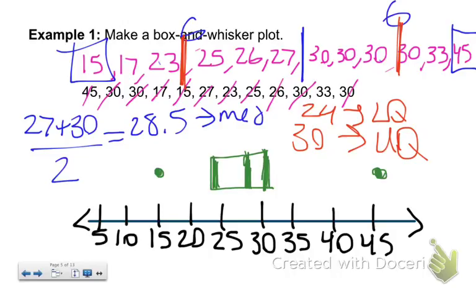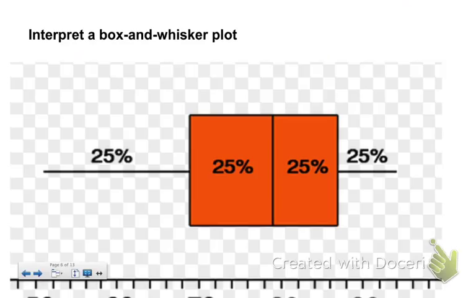Alright, and then my whiskers, so box and whisker, my whiskers go to the minimum and the maximum. Alright, so that would be my box and whisker plot. One thing that is useful about a box and whisker plot is that no matter what your data